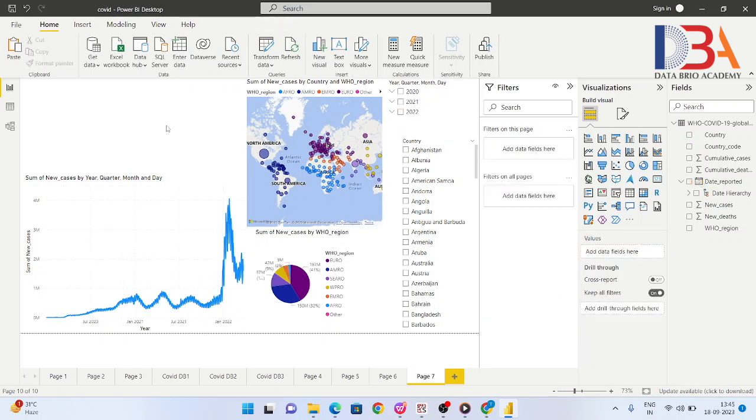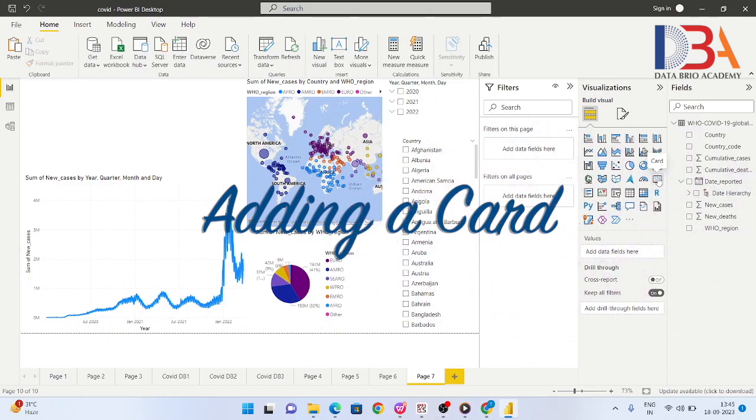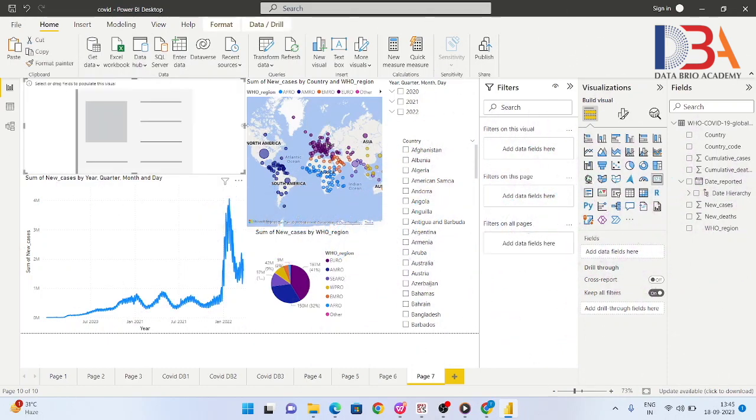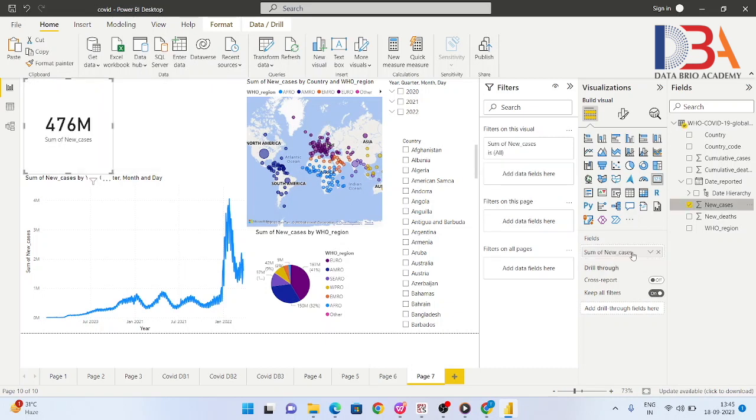So here we can add one card. We just need to double click on this card, and we can add new cases on field. Then we can see the total new cases here.